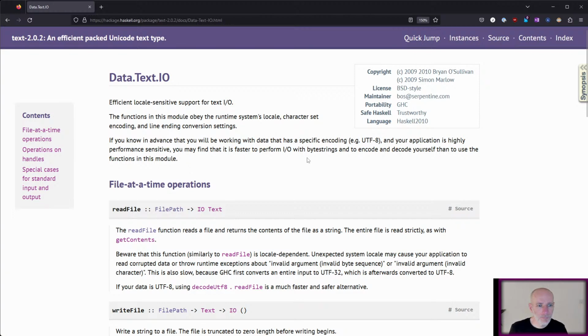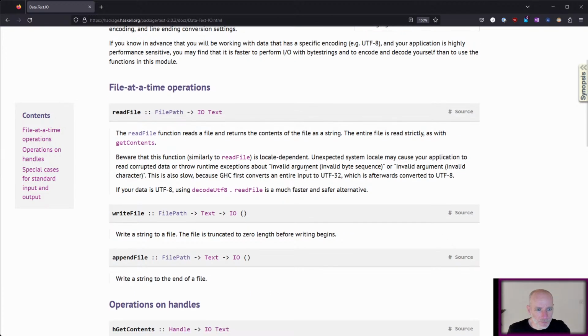I'm not high performance sensitive. The entire file is read strictly as we get contents. Okay, so it shouldn't be a problem with that.